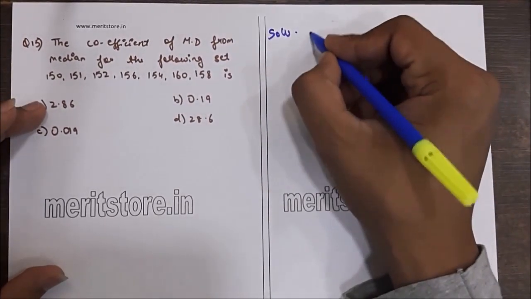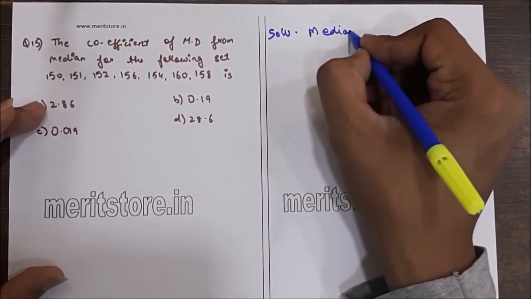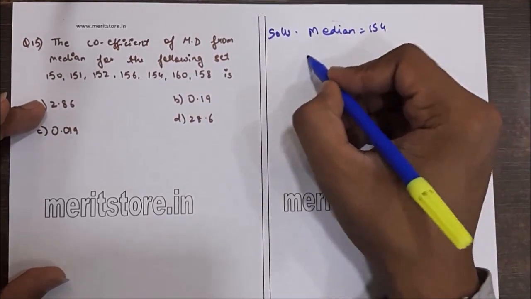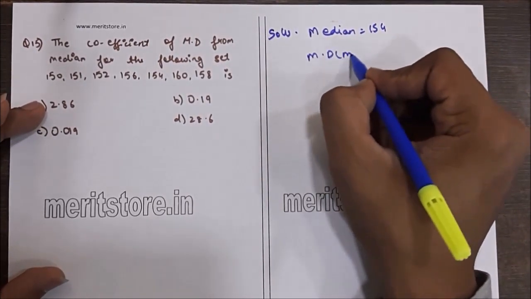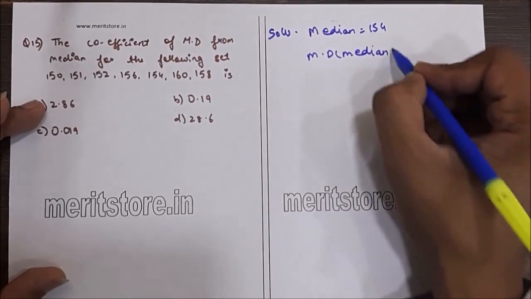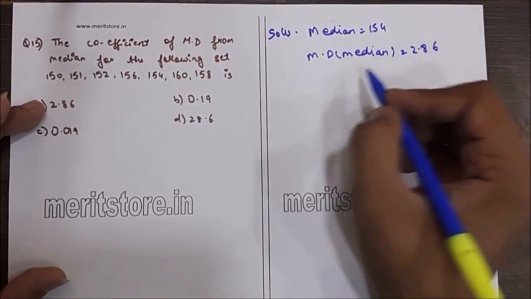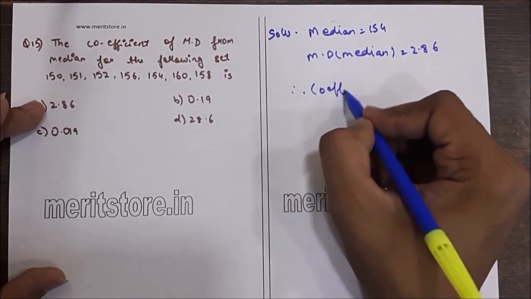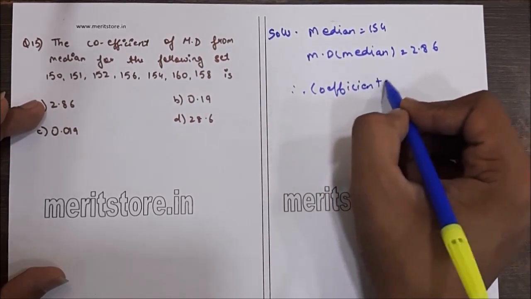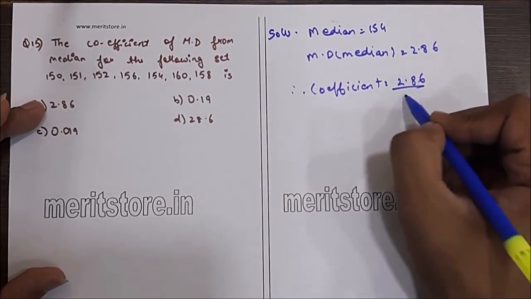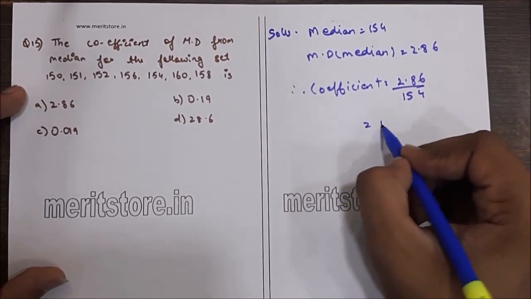Therefore, solution is median is equal to 154. Mean deviation from median is equal to 2.86. Therefore, coefficient is equal to 2.86 divided by 154, that is equal to